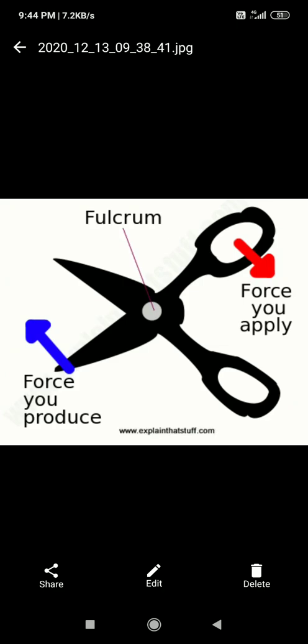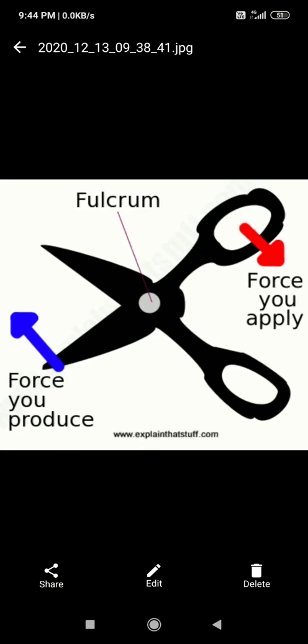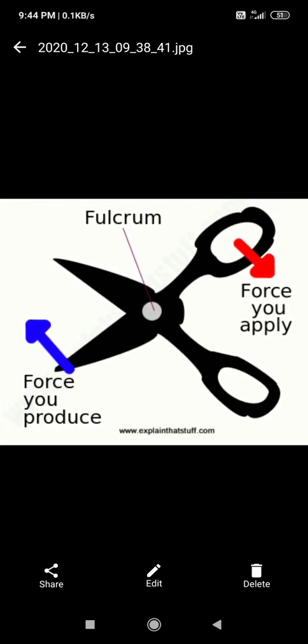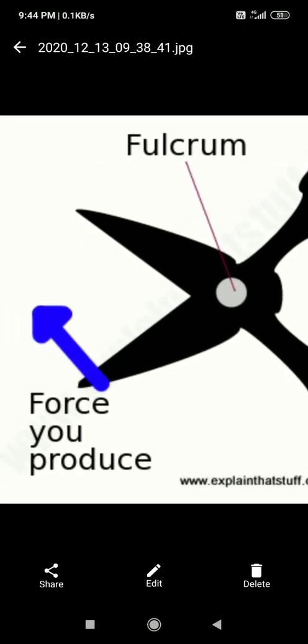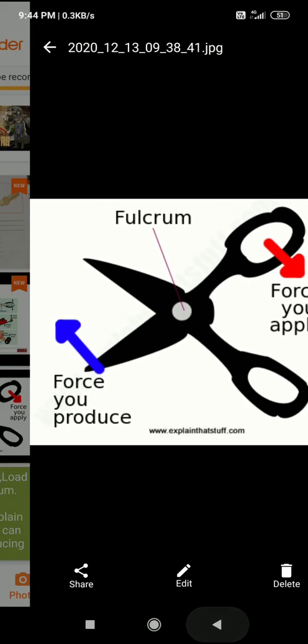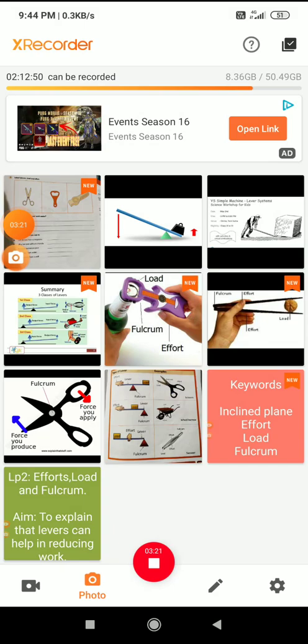Scissor is also one type of simple machine, and we will call it a lever example. Here, students, where we apply the force, you know very well. Here we will apply the force, so we will call it effort, right? In the middle the fulcrum will be there, right? Next, where the work load will be, where you will cut the paper, the load will be here, right? So this is the first type of lever, we will say first class lever, right?